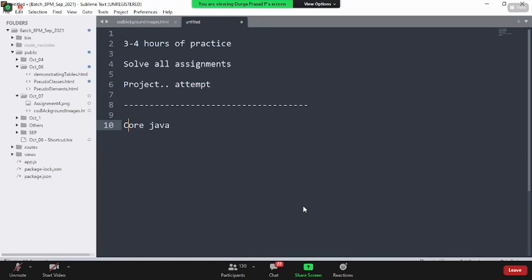Again, I'm not saying to join over here itself. Whether you do self-learning or go for training, try to understand the core Java concepts, guys. A lot of people ask me in return, boss, you are teaching UI full stack, we are going to get expertise in UI technology, but why are you asking us to join core Java, which is a completely different stream? The reason I say this is, I'm not asking you to get expertise in core Java, but to get some good knowledge of core Java concepts.